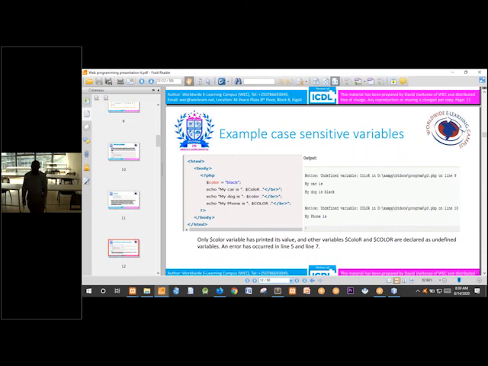Here we have an example. We have a color variable which is defined in small letters, color equals black. Now if we need to display the value of the color variable, we need to write it exactly as it was defined. If we don't write it as it was defined,